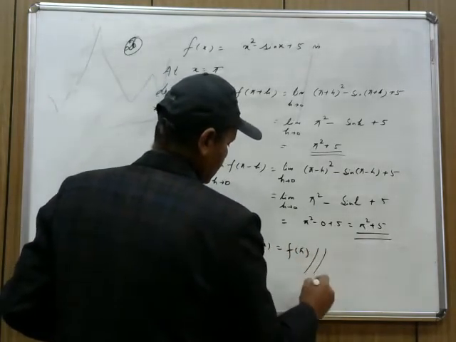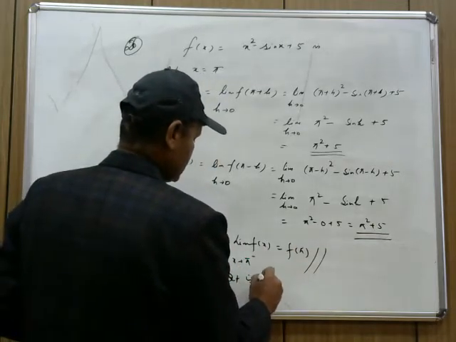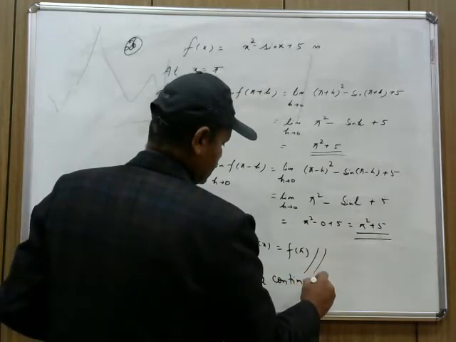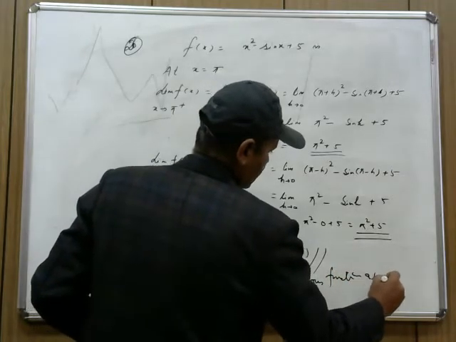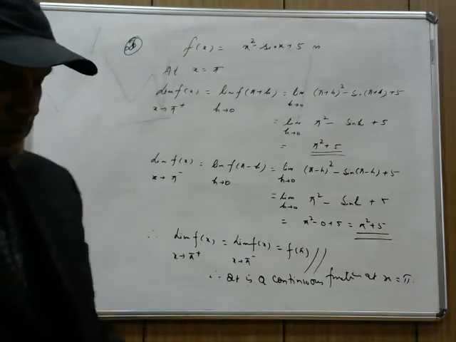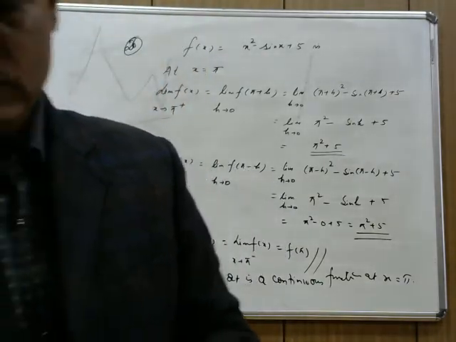All the three values are the same, and hence it is a continuous function at x is equal to pi. Right, this was question number 20. Now in question number 21,